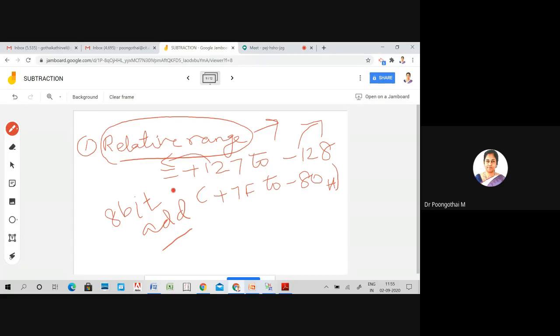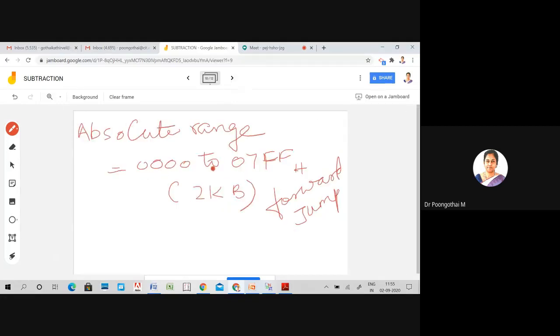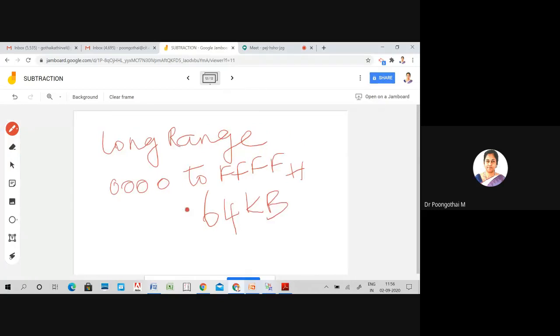The size of the address is 8-bit here. Next, in absolute range, the size of the address is 11-bit, so jump within 2 KB of memory. Long jump is 64 KB of memory, so the target address size is 16-bit.